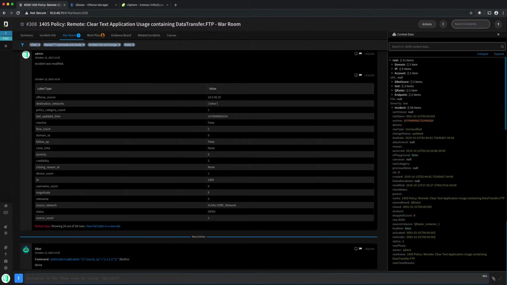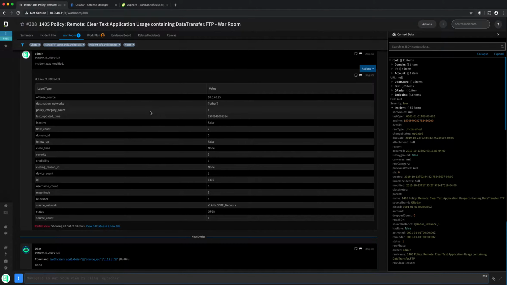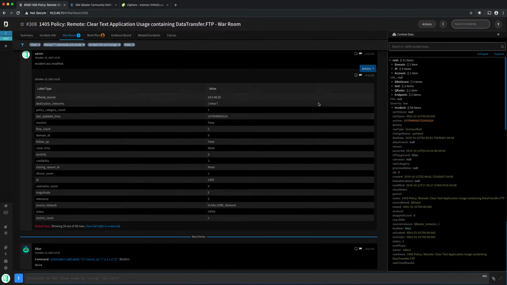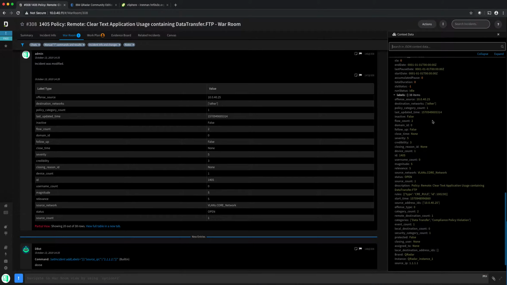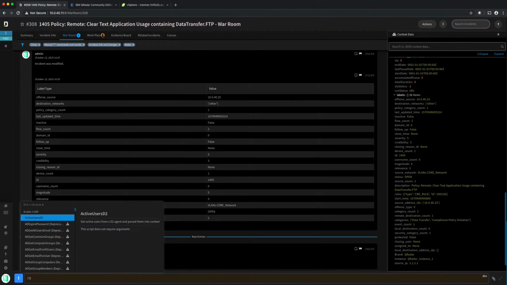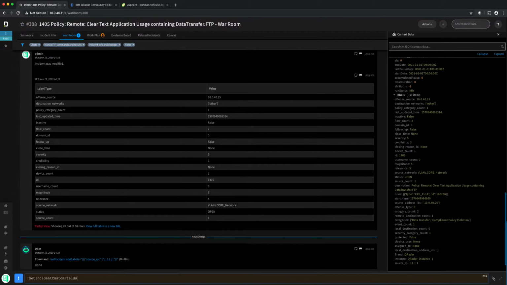And we'll run this. So you can see this updated. It redisplayed our labels. So now if we go, we don't even need to refresh because it did it for us. Down at the bottom here, you can see source underscore IP is that. So that's one way to append to the labels using the setIncident command. The other option,